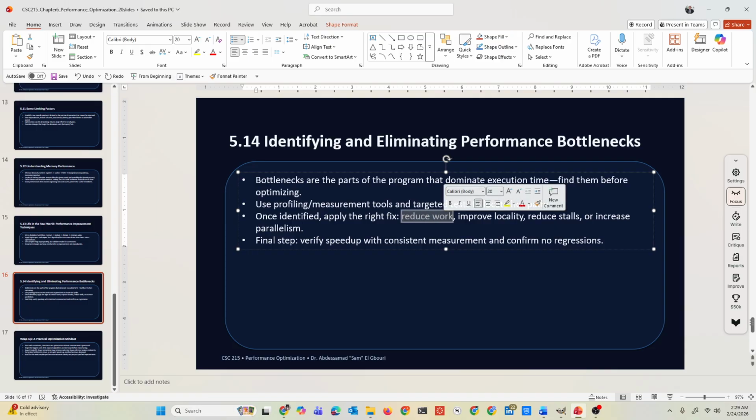We reduce work, we improve locality, reduce stalls. You know what I mean by improve locality. That's the data, where you're getting it. Increase parallelism, meaning we are using more functions at the same time. Final step: verify speedup with consistent measurement and confirm no regression, meaning